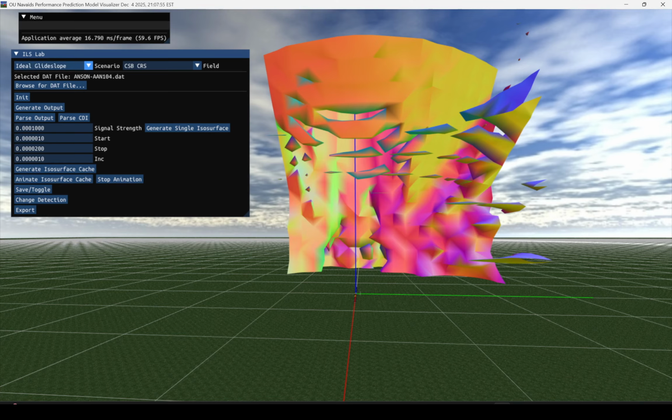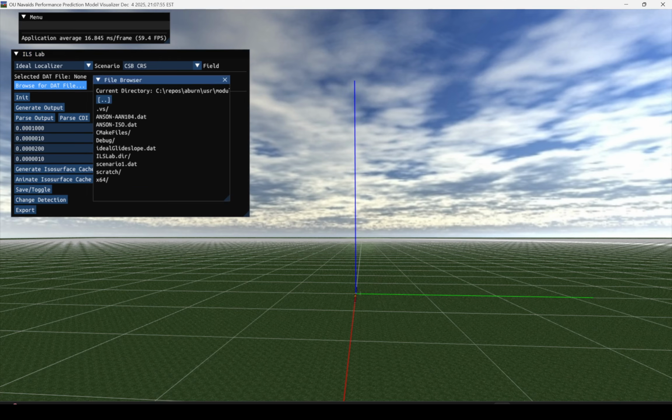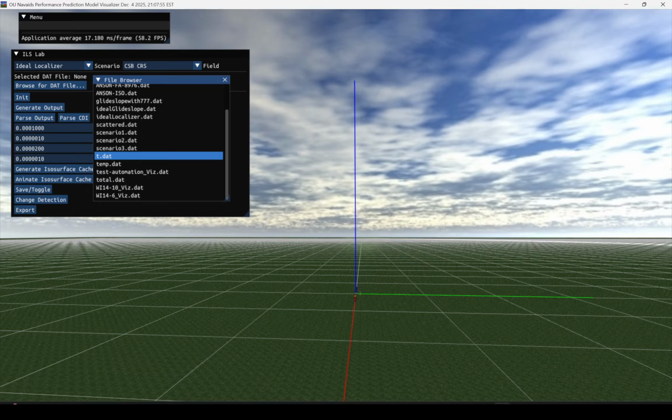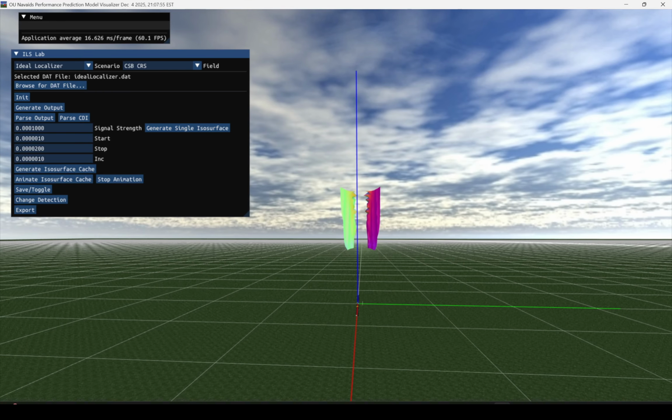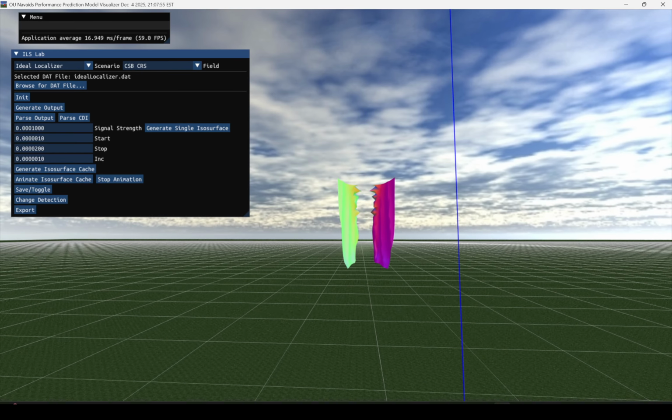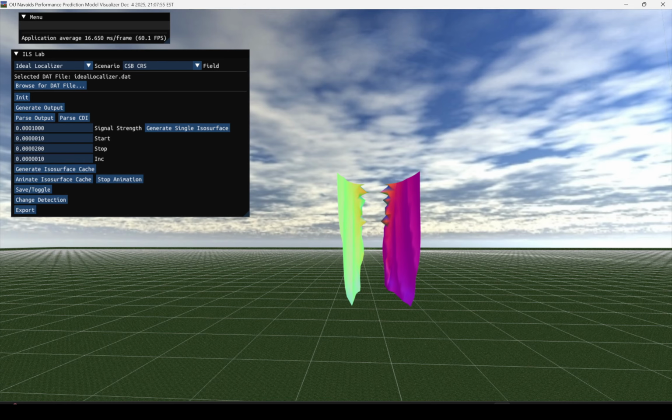I can do this with the localizer too. Let me select ideal localizer and then browse for the ideal localizer dat file. It's in the data folder, ideal localizer dat, and I need to select init, generate output, and then parse output. Then I can use generate single isosurface. We can see the localizer's output in here. Let me decrease the signal strength to e to the power minus 4, and